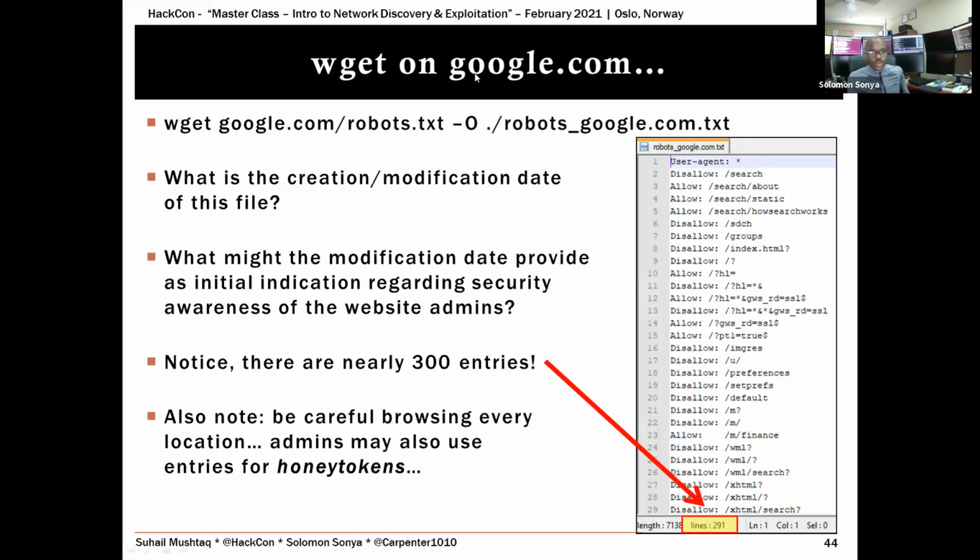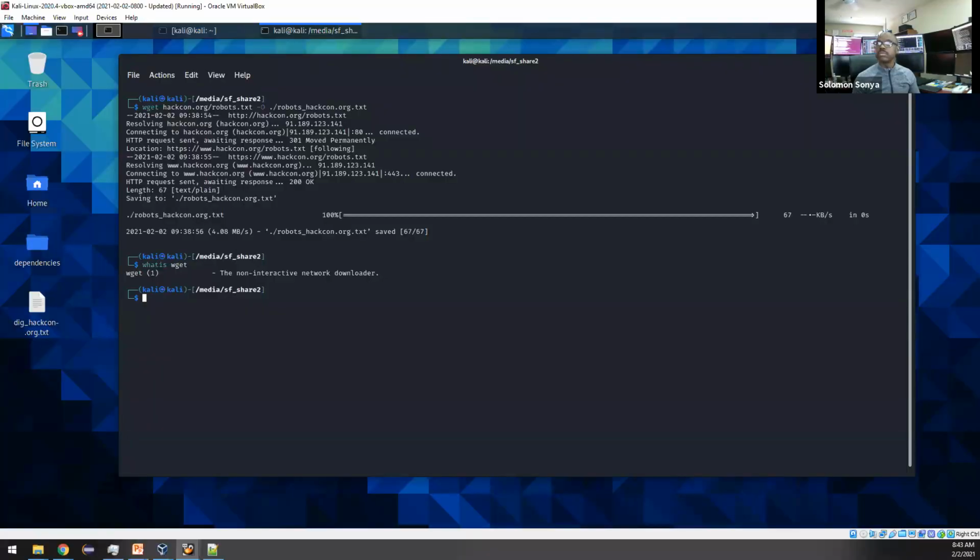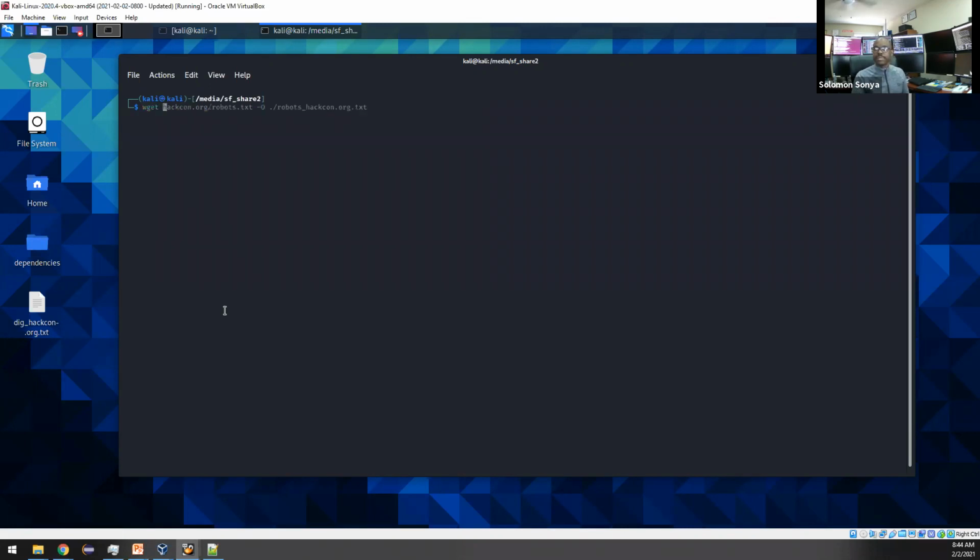So let's do this with Google now. Now that you're familiar with at least a good small one from hackon.org, very nice to start with, let's do the same thing for Google and see what we get. The command is in the chat. Okay, so here we are, wget google.com/robots.txt, capital O. I want to save it here as robots